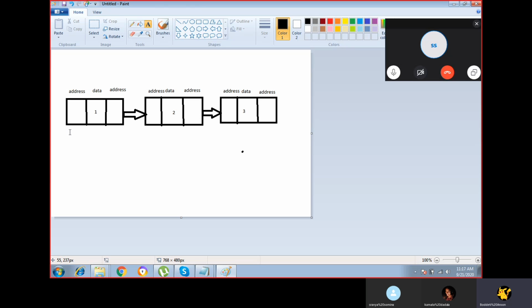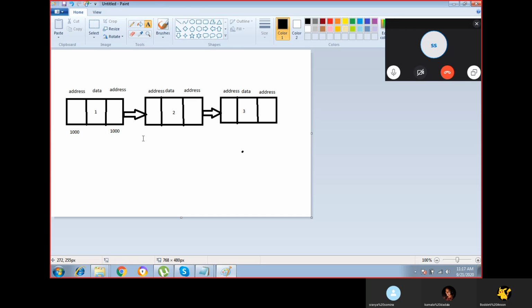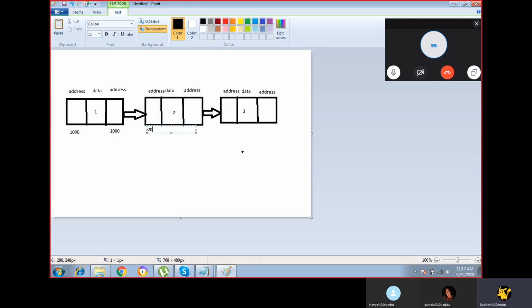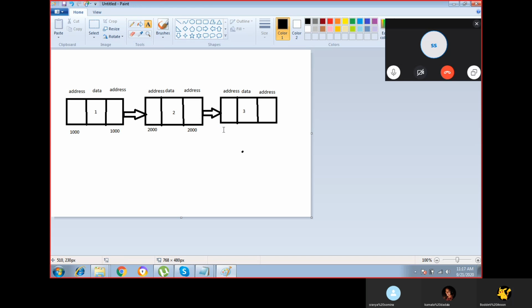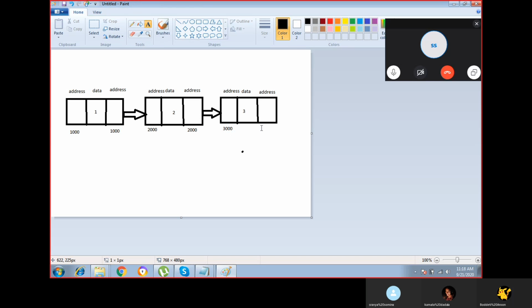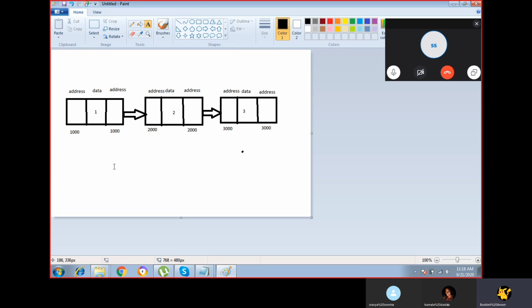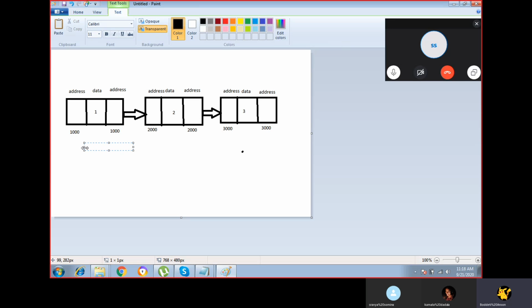Each list will have one head element, and the last element is called the tail element.